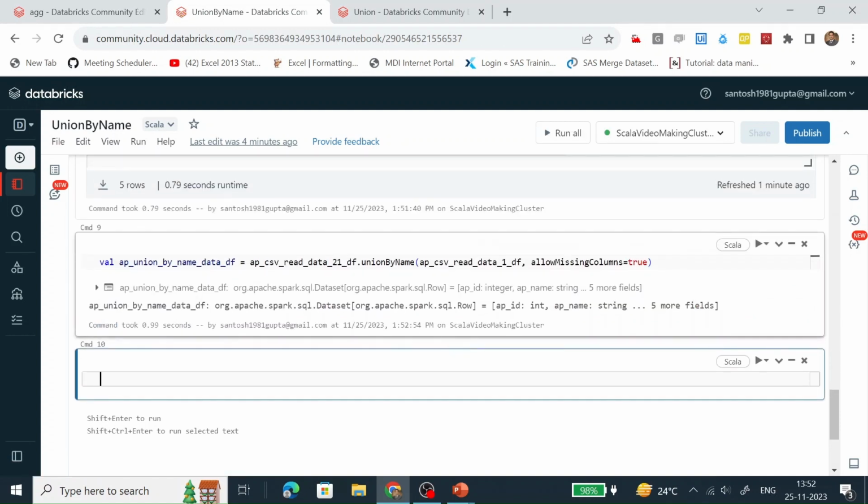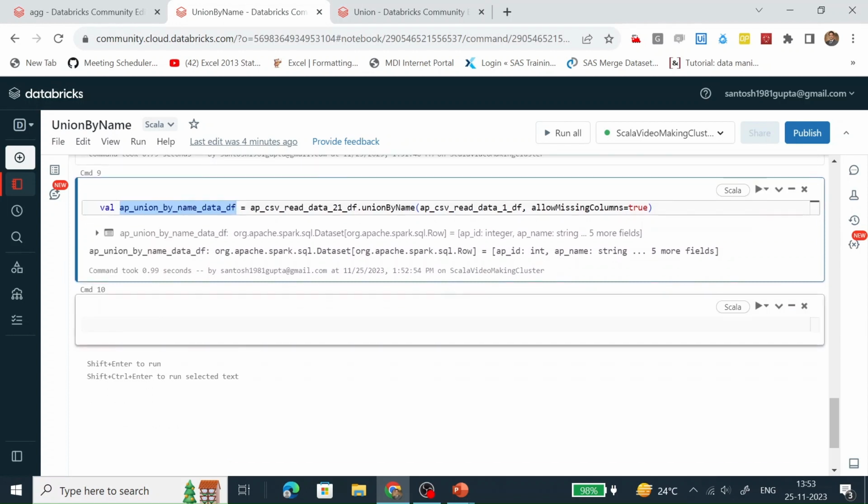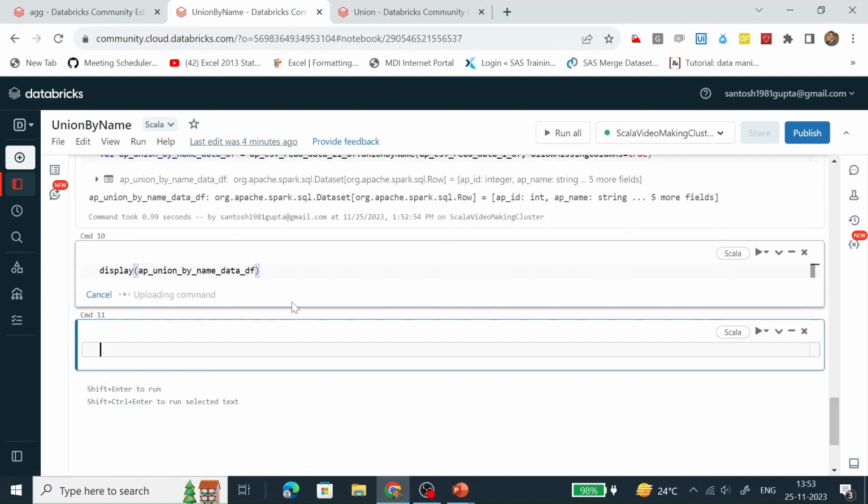This data frame has been created successfully. So what we are doing is merging these two data frames, which have different schemas, with the help of the unionByName function by passing one parameter known as allowMissingColumns equal to true. Let's see the content of this data frame. Run it.